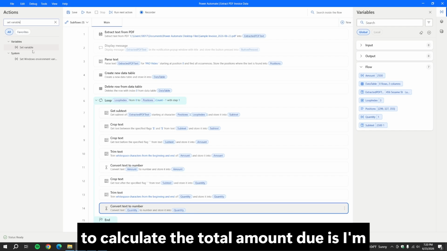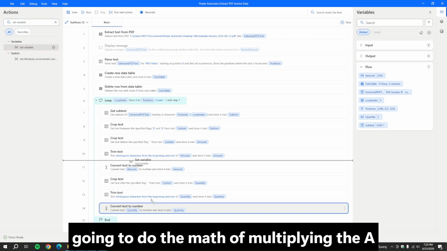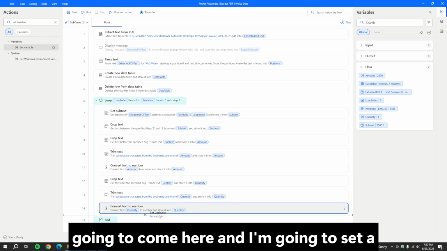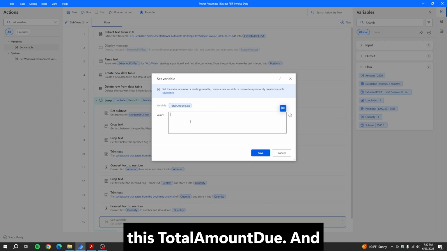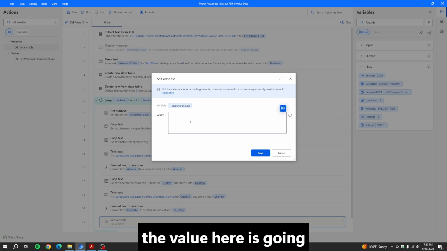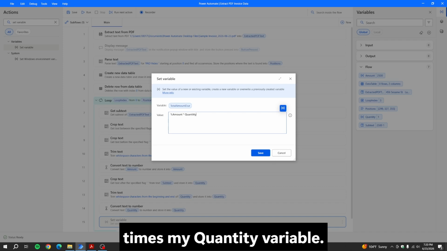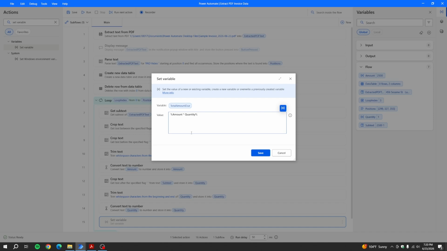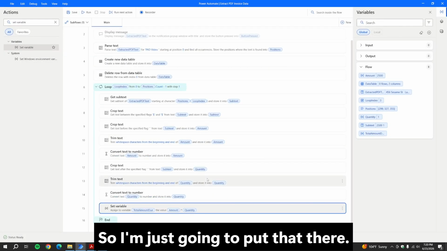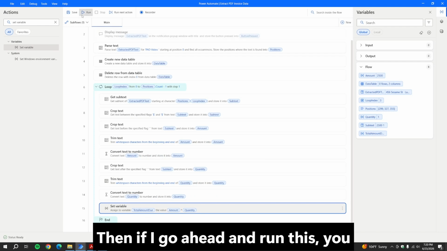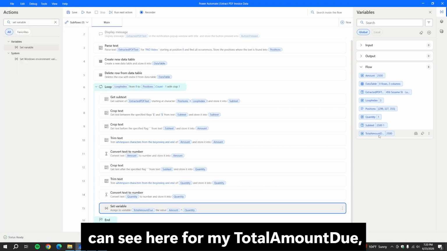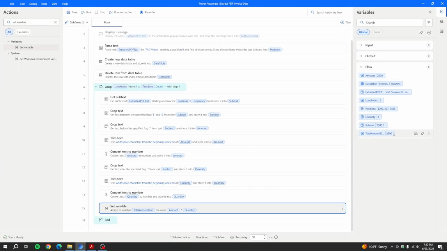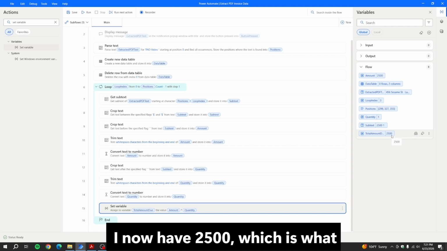So now I have two numeric variables, and as I mentioned before, the way that I'm going to calculate the total amount due is by multiplying the amount per unit by the quantity. So I'm going to set a variable and call it total amount due. The value here is going to be my amount variable times my quantity variable. Then if I go ahead and run this, you can see for my total amount due, I now have 2,500,